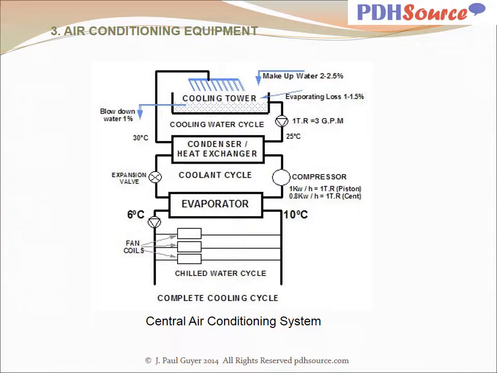What is different here, though, is that in a larger system like this, instead of using an air-cooled condenser and blowing outside air across the condenser coil to cool the hot refrigerant when it comes out of the compressor, cooling water is used. And so you have a cooling water cycle represented by the piping up at the top of